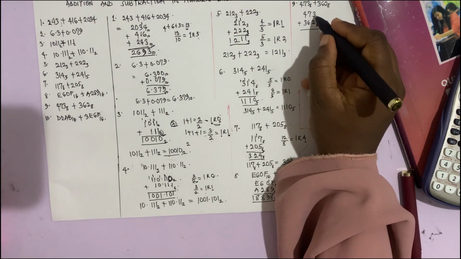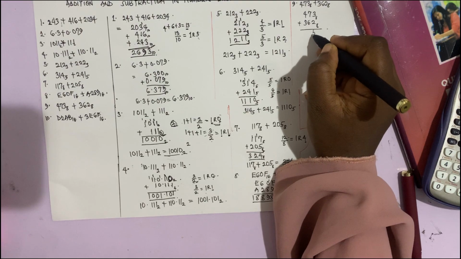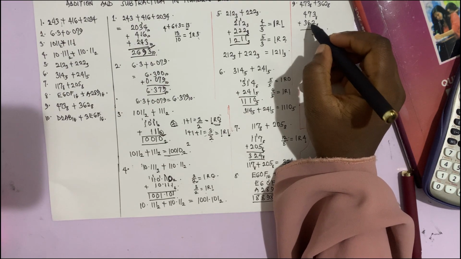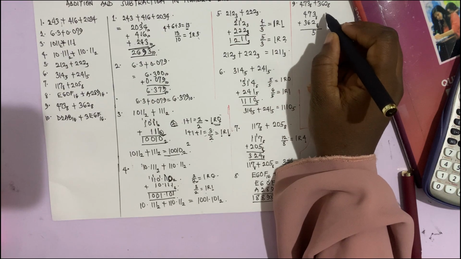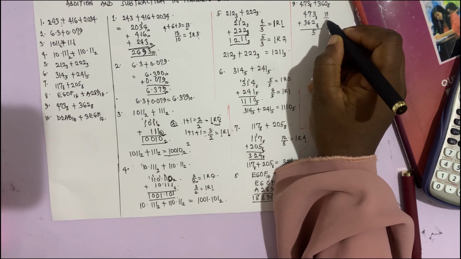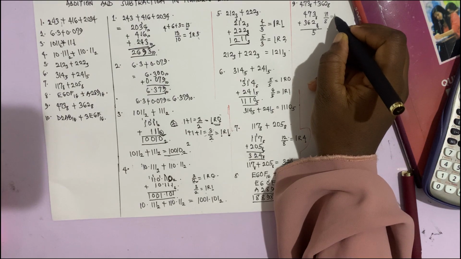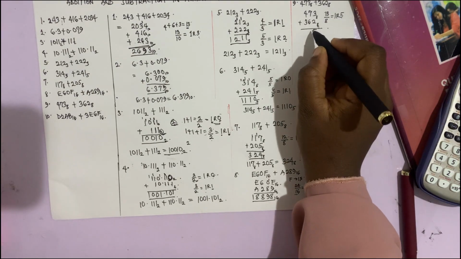So 3 plus 2 is 5. Since 5 is less than the base 8, we write it as 5. 7 plus 6 is 13. Since 13 is greater than 8, we cannot write it as 13. What do we do? We divide 13 by the base, which is 8, and that will give us 1 remainder 5. So we write 5